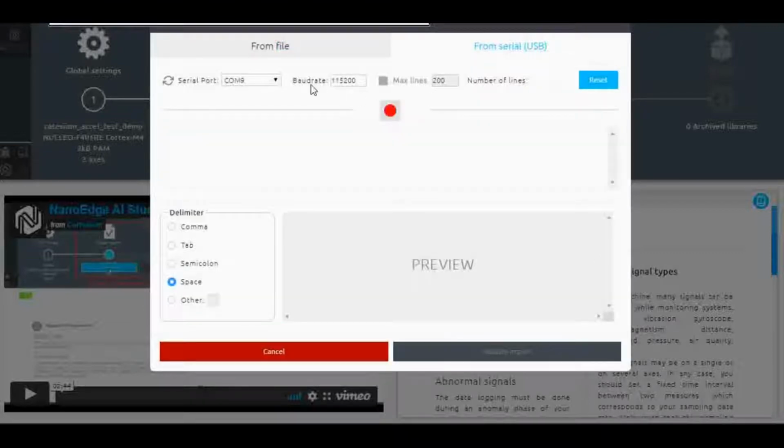So it is serial port COM9, baud rate is 9600 and maximum 200 lines, and dynamically I can decide how many lines I want to record from here. As you can see, the number of lines is coming here, and I will just select like 30 inputs from this sensor,